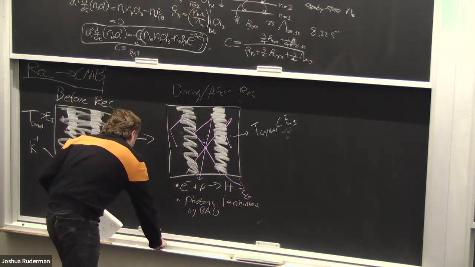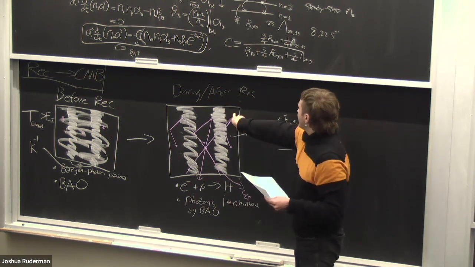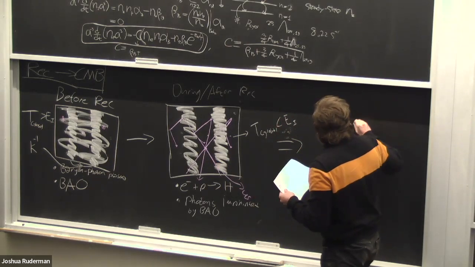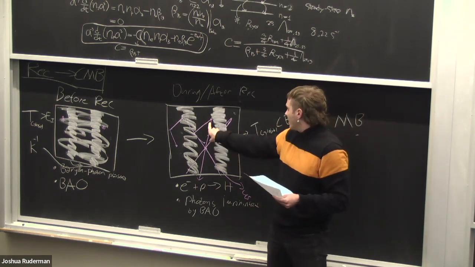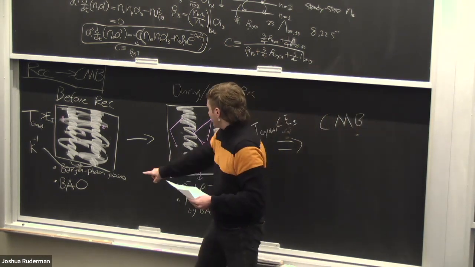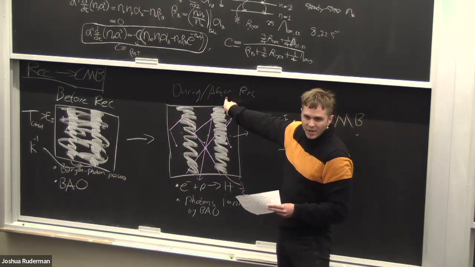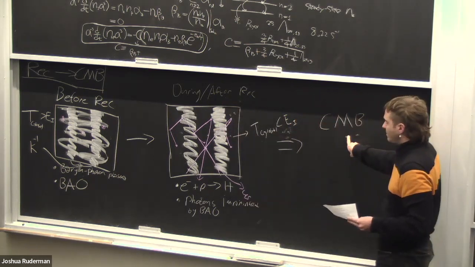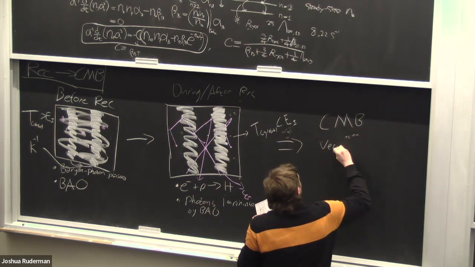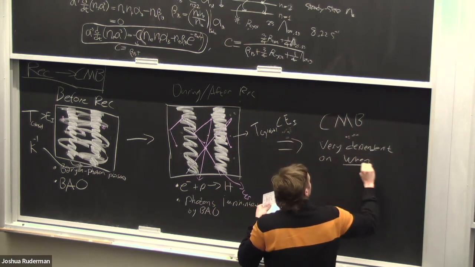Now, the reason why I went into all of this is to talk about perturbations. And so the actual statistic or the information that comes from these CMB photons reaching us is the CMB, as I had mentioned. And we generally measure the CMB through statistics or correlations between temperatures in different directions. But one thing that is important that I want to emphasize is that baryon acoustic oscillations is time dependent, such that if you do change when this recombination happens, you're going to see a different CMB. So I want to emphasize that the CMB coming from this picture is very dependent on when recombination happens